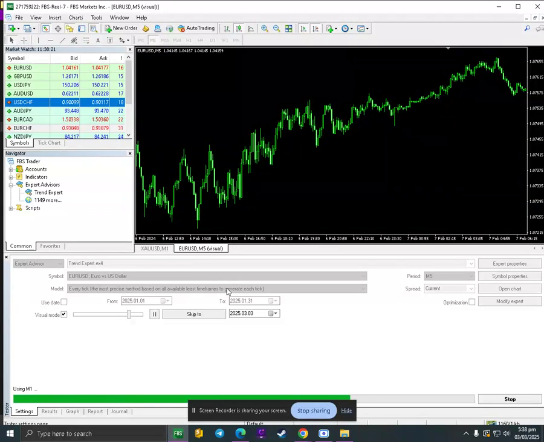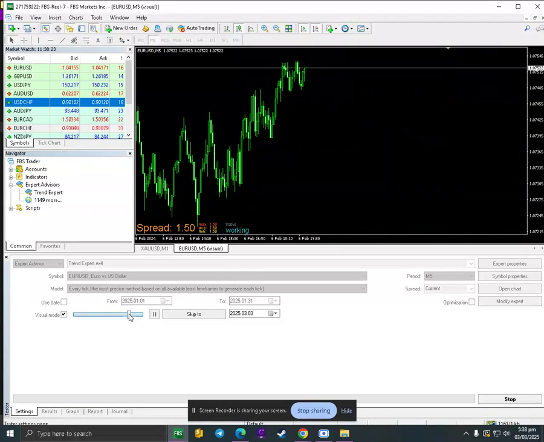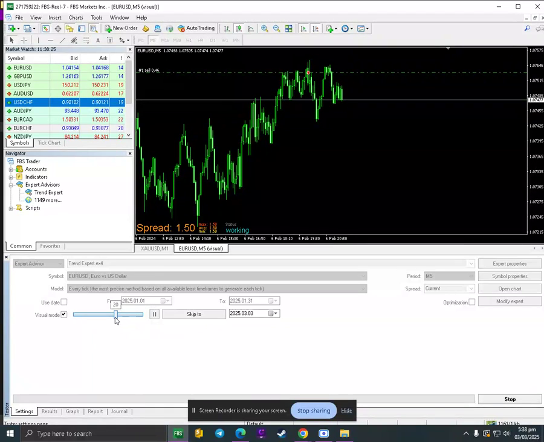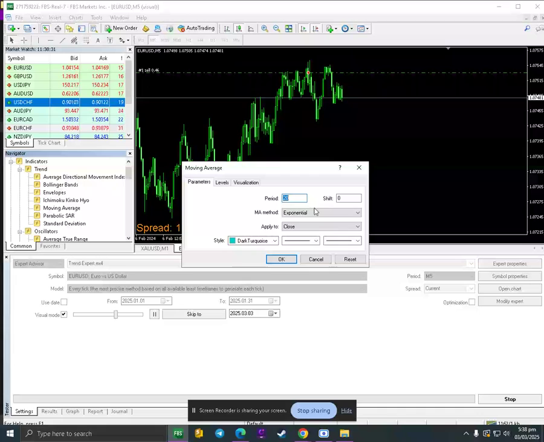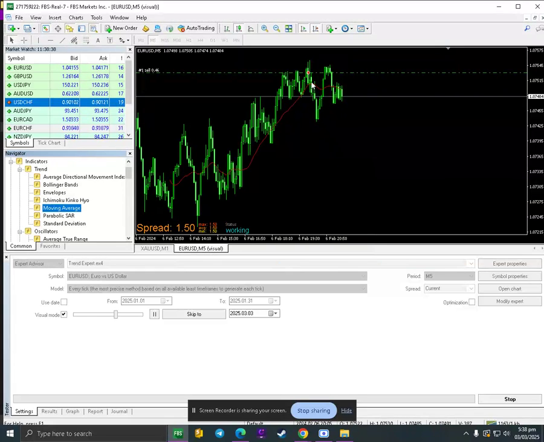Let's check. This is the EURUSD, guys. Let's try to put the moving average so we can see. This one is a 20, the simple moving average that we use. As you can see, the candle here crosses below, so it takes a sell, right?